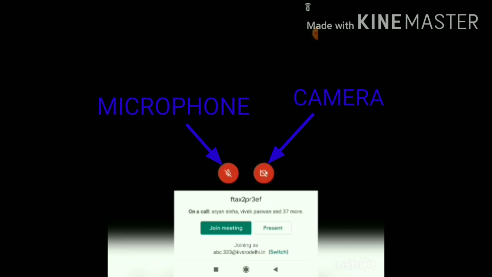This is an option of the video type sign which we are seeing. This is an option of a video, whether we want to present our video when we join or not. So I will just disable this, and on the left hand side we are seeing a microphone option. I will enter by disabling both of these icons so the class doesn't get disturbed. And now there is a join meeting tab. I will click on the join meeting tab.